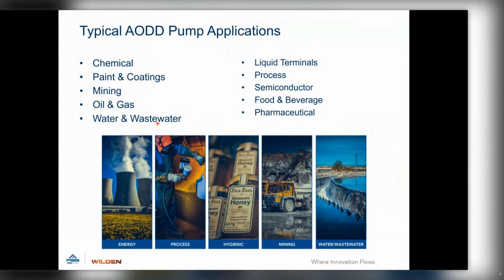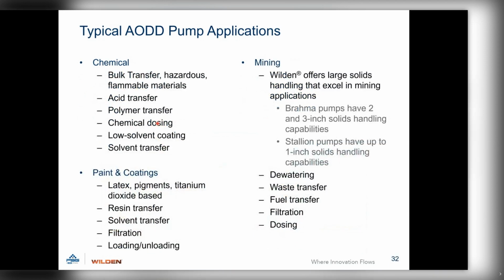In the next slide, we'll go into more of where they're used. Pharmaceutical, we have a whole line of hygienic series pumps for food and beverage and hygienic. So either products that are going on the body, in the body, or just topical creams, right? We're big in those industries for pumping pigments, fragrances, anything that they don't want damaged, right? Because of that shear sensitivity, they don't want any of that going through a gear pump or centrifugal pump, right? So when we look at the chemical industry, we're good in all these: acid transfer, polymers, low solvent coatings,